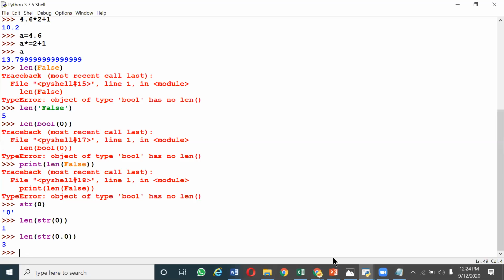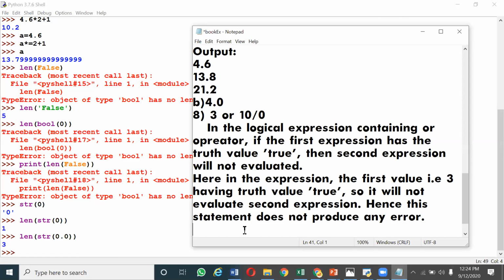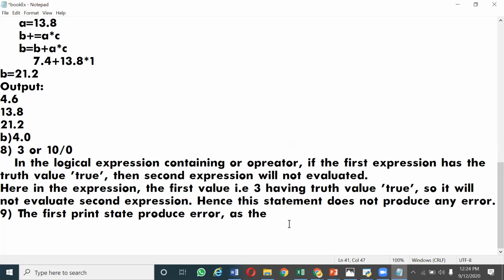Okay, how will you write the output for that? For the first print statement, it produces an error, as the length function cannot be used for a bool object.